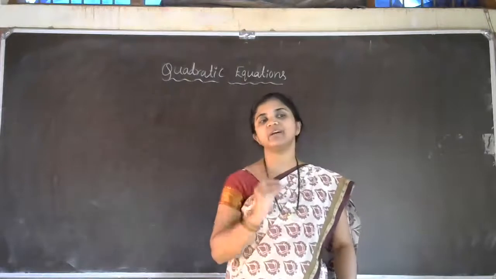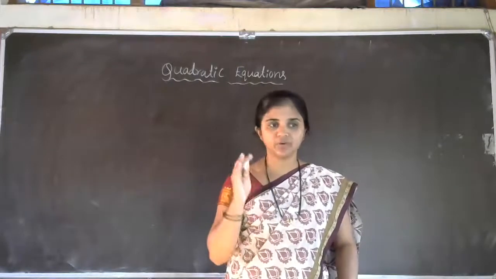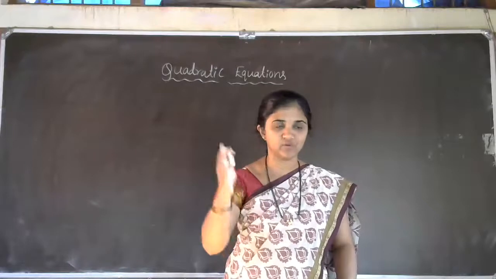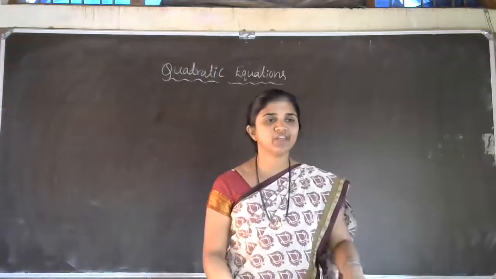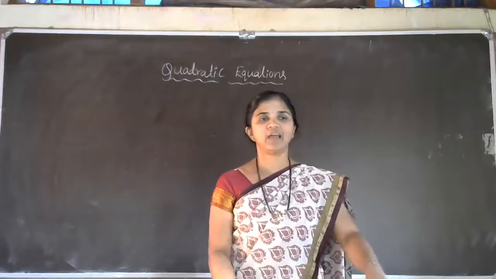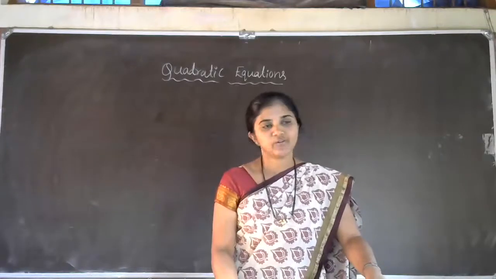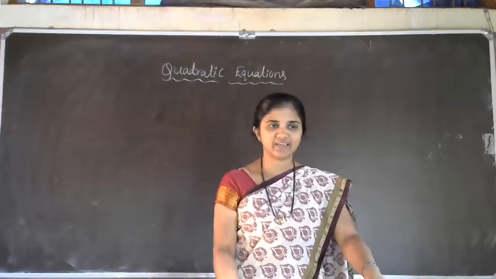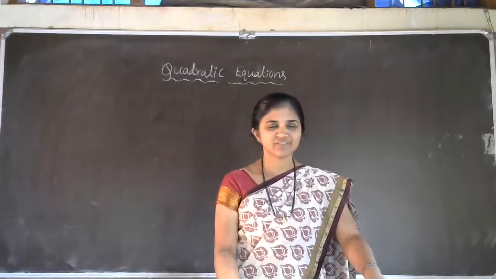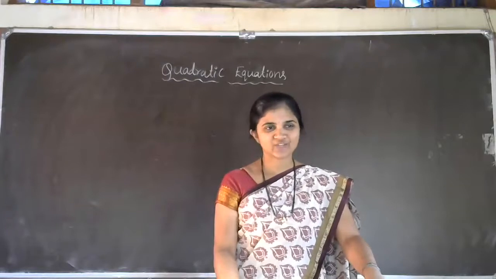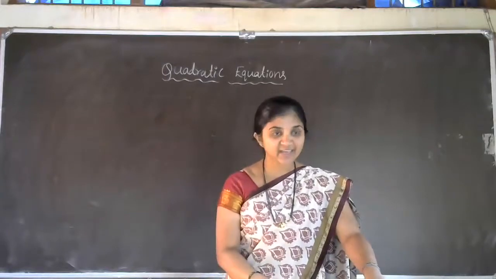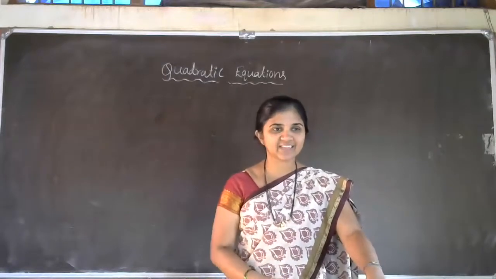Which we have to take. John and Jaivanti together have 45 marbles. Now we have to take one value as X. So now, which one, John or Jaivanti? Okay, John. Shall we take John? See, here two characters are there, John and Jaivanti.